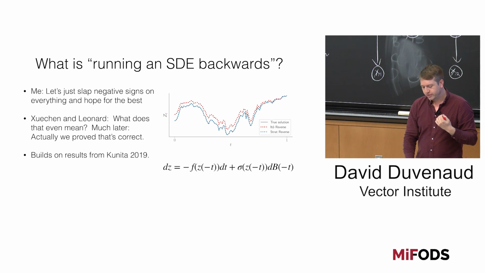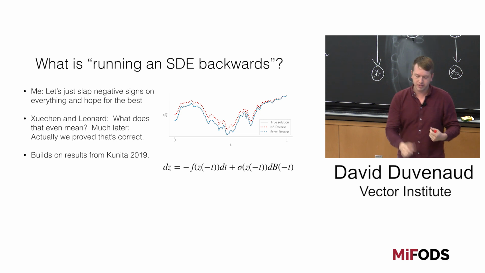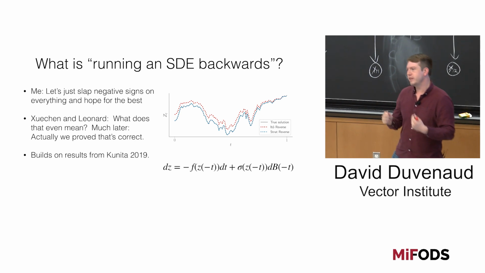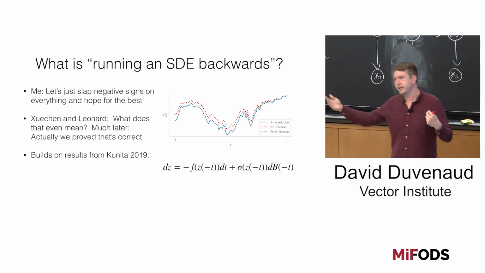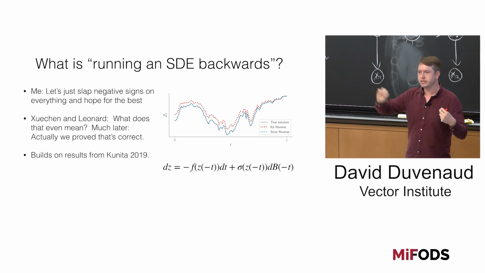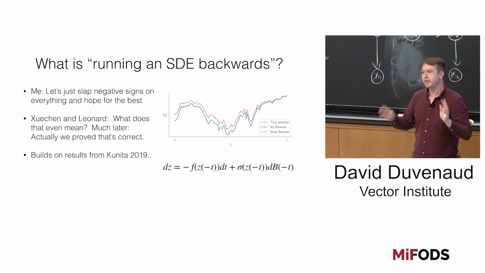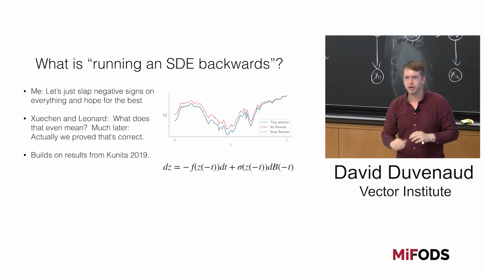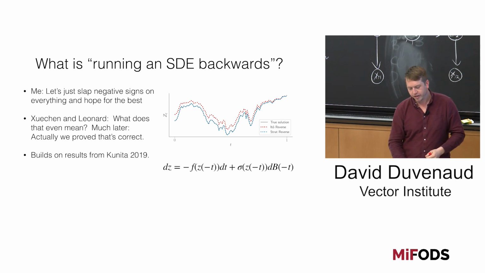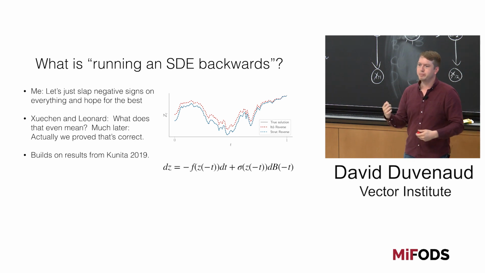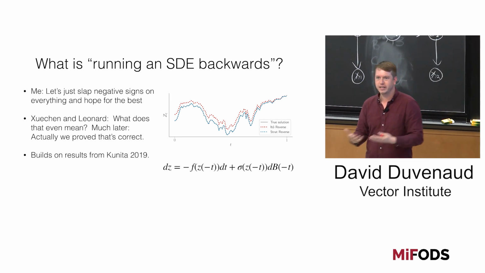And much later, they said, okay, well, actually, if you view it in this other way, it's fine. And then they spent a long time proving that there exists a sense in which it's meaningful to define this reverse flow that does reconstruct, in a strong sense, the trajectory that you found on the forward pass. So the whole middle section of our draft right now is 4 pages of proofs that yes, it's actually okay to run this SDE backwards. And some of the results are based on this new book by Kunita, who's one of the pioneers of ODEs. He's pretty old now. He finally released another book, and that actually helped us crack this one.